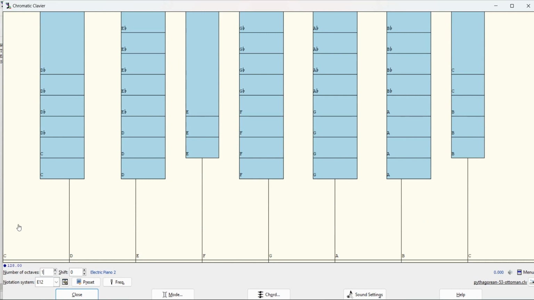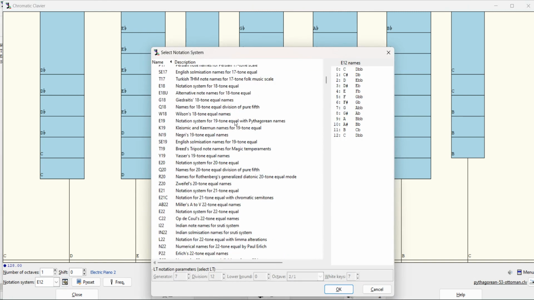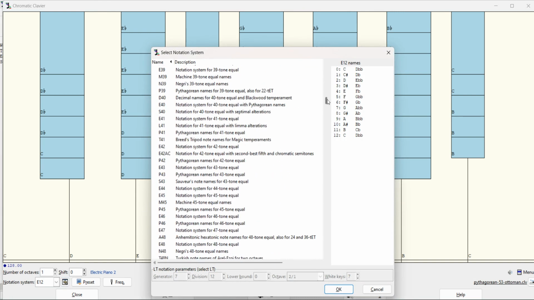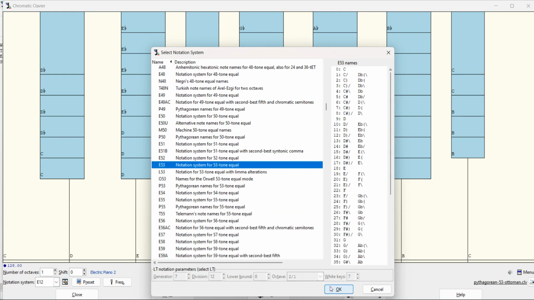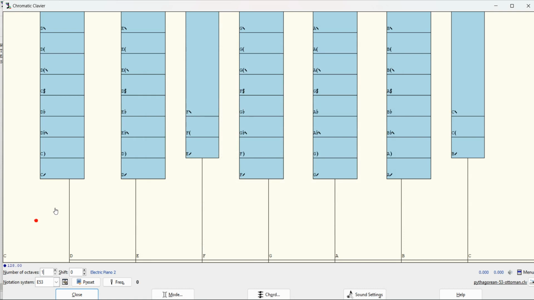So now we get perfect fifth here. We have multiple intervals, both the Pythagorean major third and now we get our something very, very close. Oh no, sorry, they didn't shift the notation system here. We have to shift to E53 in order to adjust, yeah, here. Okay, so we have both our